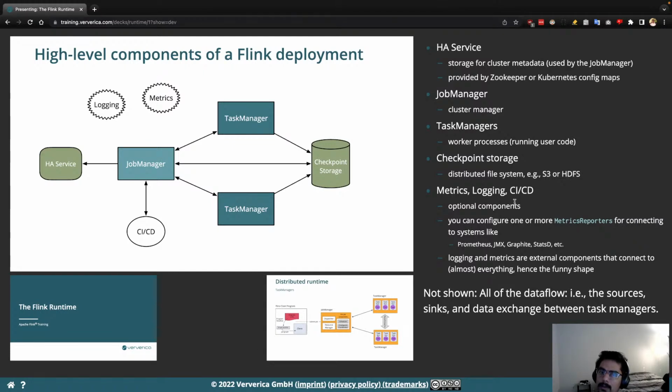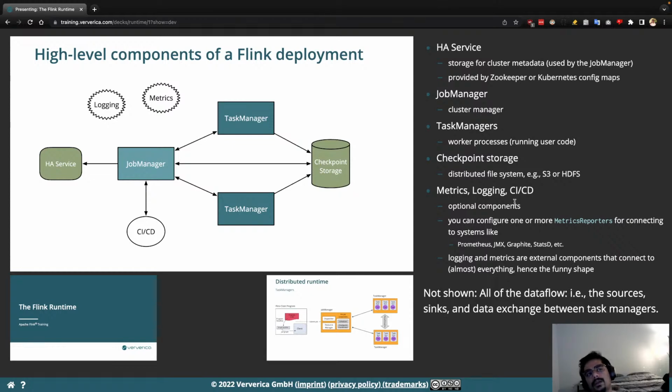Let's say we want to see how much time a particular task is taking on average, so we can optimize that particular function of that task. Logging and metrics: external component that connects to almost everything, hence the funny shape. Not showing all of the data flow, that is the source, sink and